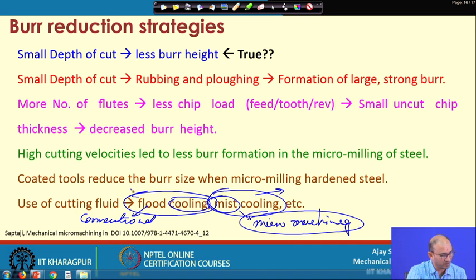Because we know that in micro machining the size of the chip is very small, you do not need to flush away a very high amount of chips. But in conventional machining, the size of the chip is very large, and you have to make sure that the chips do not accumulate in the machining zone. They should be thrown away without any problem. So, mist cooling is very preferable in micro machining operations, and flood cooling is mostly used by people in conventional machining, but still people have started working on using mist coolant for conventional machining also.